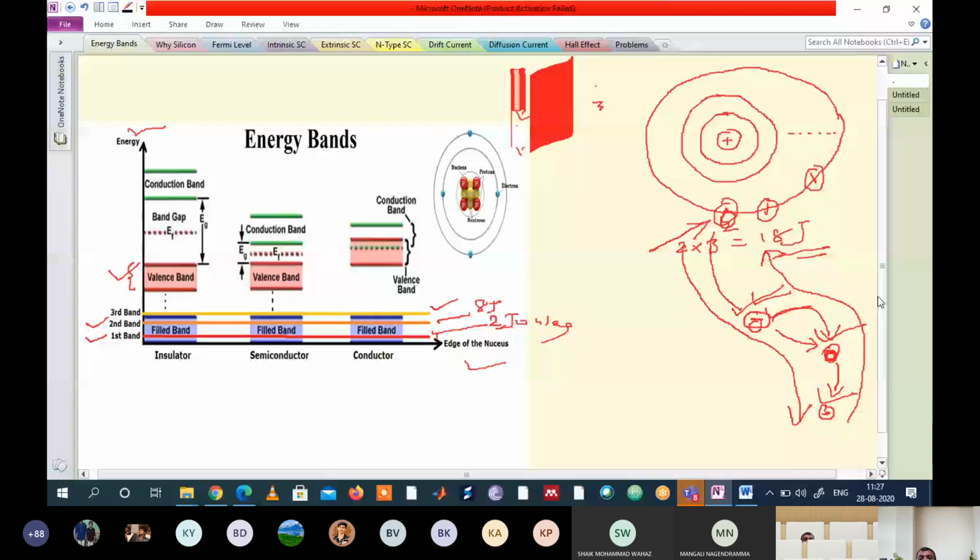Now tell me, which energy band is greater? Is valency band energy greater, or conduction band energy greater? Conduction band. Very good. Conduction band energy is greater. So conduction band energy is always greater than valency band energy. You can see this table towards the left side: valency band is here and then conduction band is here. So the conduction band energy level is always greater. I can represent the conduction band energy as EC, where E means energy and suffix C means conduction band. I can represent the valency band as EV, where capital E is energy and V is valency band. Right?